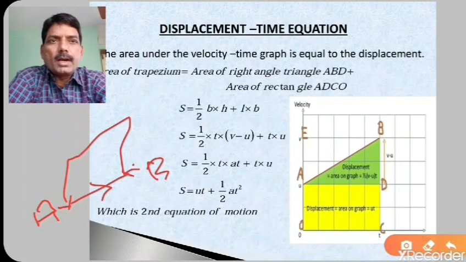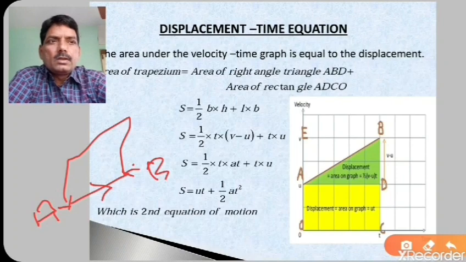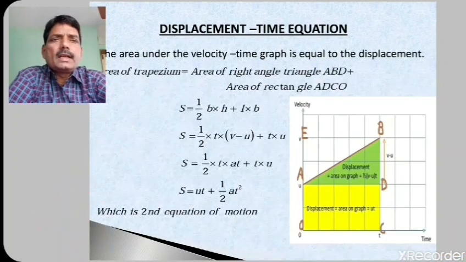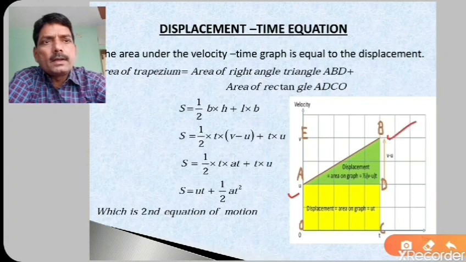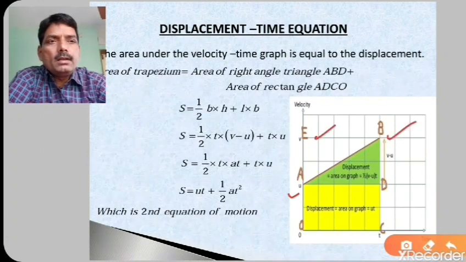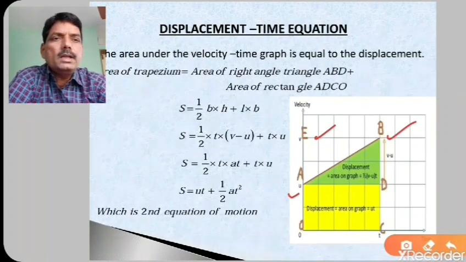So this is given by the displacement. Now in this case I have to find the displacement. As I told, from initial velocity u, you have gone to a final velocity v. So ultimately the bus has covered some displacement, and I am interested in finding the displacement of the bus when it moved from initial velocity u to final velocity v.